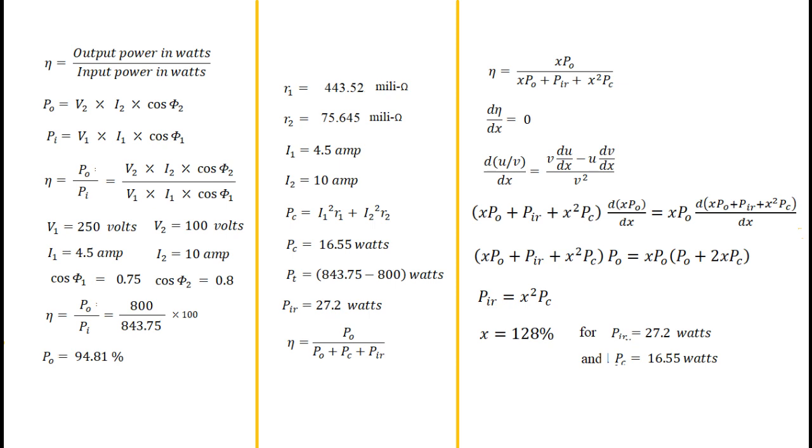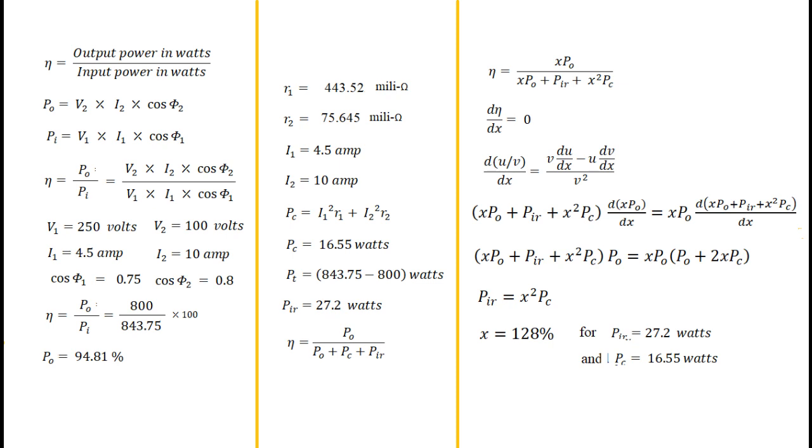Let us consider X as a multiplier to load current. So load current itself will remain at its full load value, but the change in current will be reflected in the changing value of X. In this way, rated output is substituted in place of PO, and multiplier X keeps on changing as load current either increases or decreases. In case of copper losses, full load copper losses will be multiplied by X square, since load current is a square term in this expression. In this way, the efficiency formula shall be modified to accommodate changes in load. Such a modified formula is written in the next column of the screen.